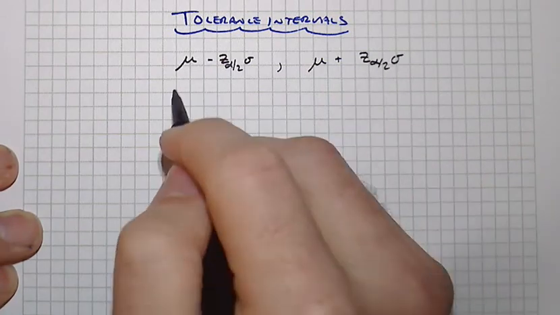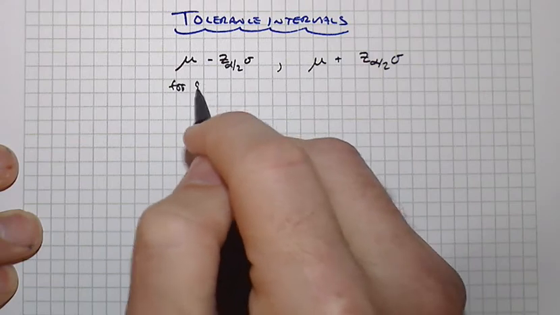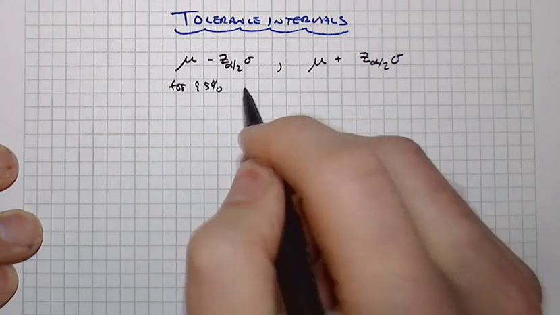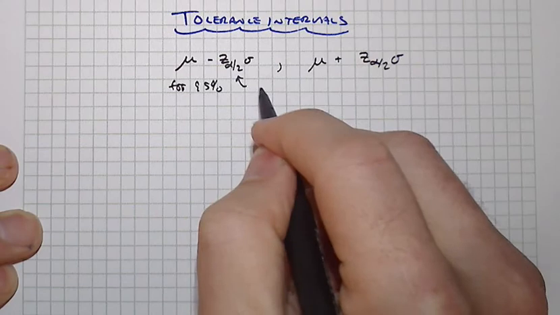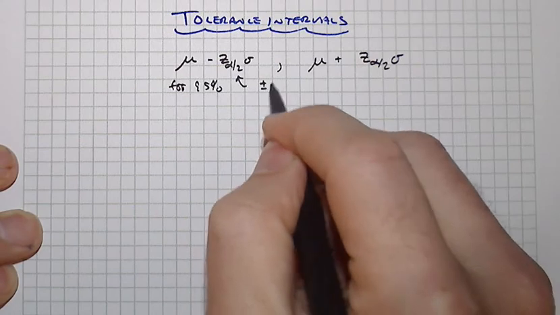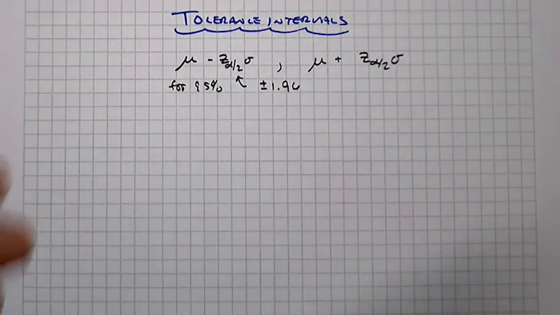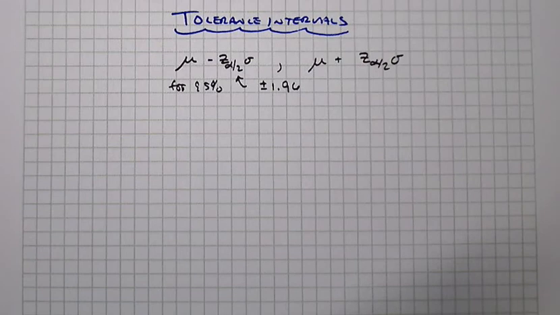So for 95%, that would be plus or minus 1.96 that we'd be using for the z alpha over 2. Okay, well, oftentimes, of course, we don't have the true mean and the true standard deviation, and so